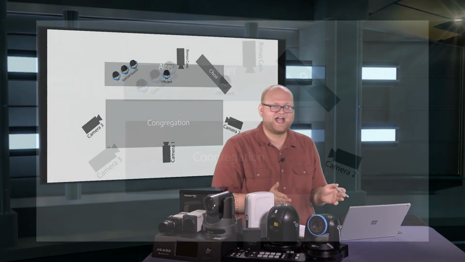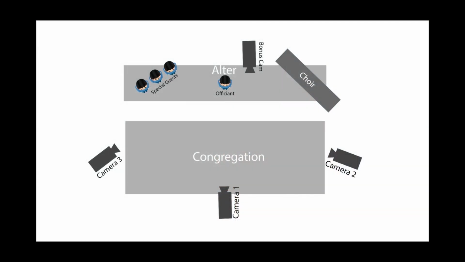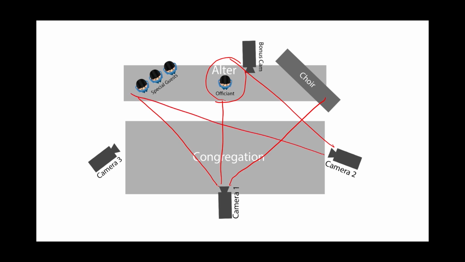Now, here's the actual diagram that we created. So again, right here, we have camera 1. Camera 1 is basically going to be your wide. It's going to capture everyone with usually your officiant in the middle. That's usually what we see. And then camera 2 is usually on your speaker along with some special guests that you have there. And then camera 3,